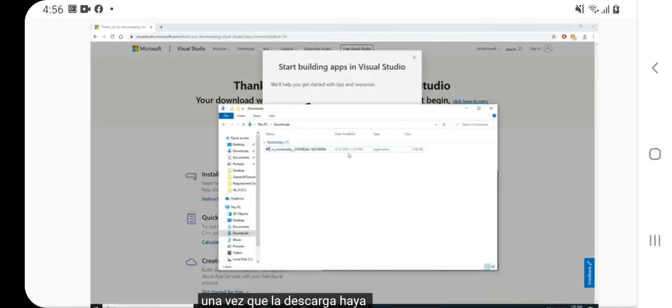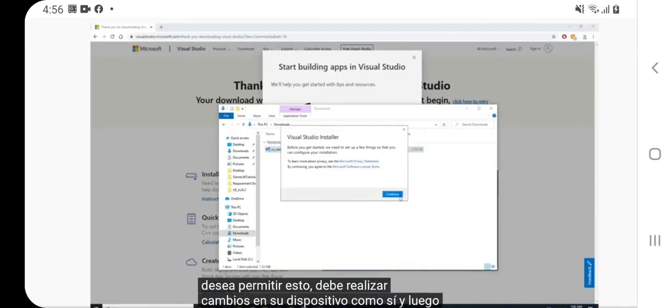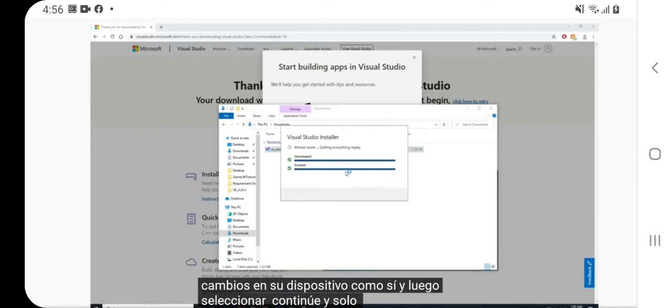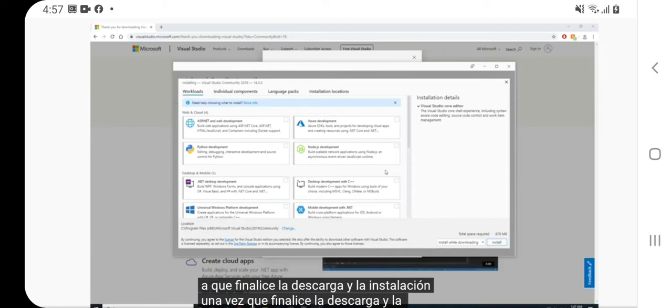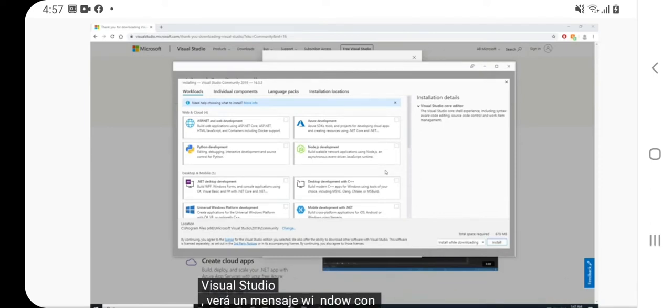Once the download is done, start it up. And do you want to allow this app to make changes to your device? Select yes, and then select continue, and just wait for the download and the installation to finish. Once the download and installation for Visual Studio Installer are finished, you will see a window with a bunch of